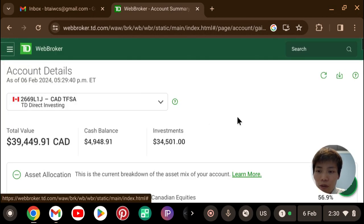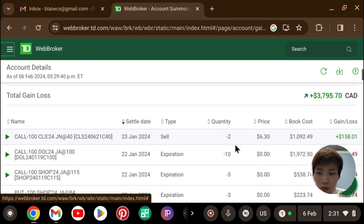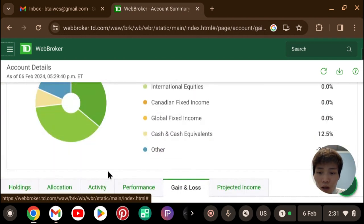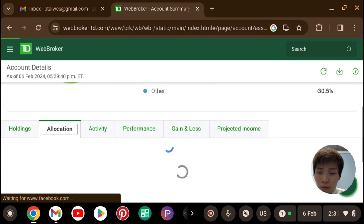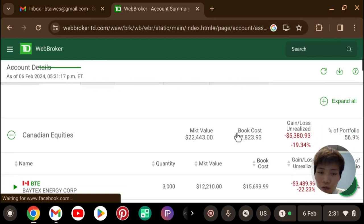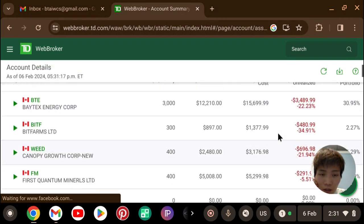So it's my account, and transactions have been the same, nothing's changed. In allocation, there's a lot of difference. Basically, what I did is